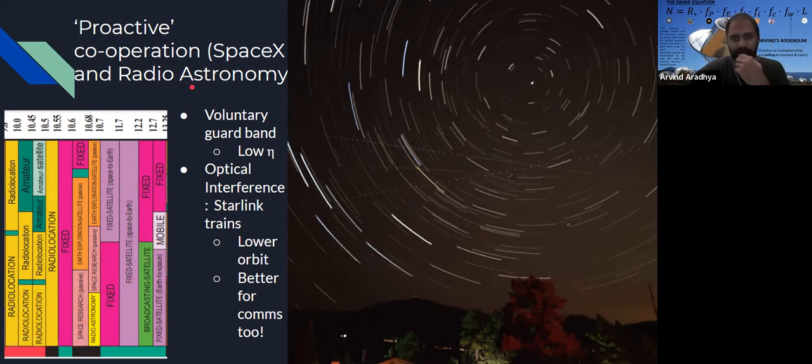And SpaceX, for example, with the Starlink satellites, voluntarily decided to give up some of their own allocations so that they don't interfere. So there are altruistic actions that have been observed in society. So there are methods to deal with this. It's not all pessimistic.